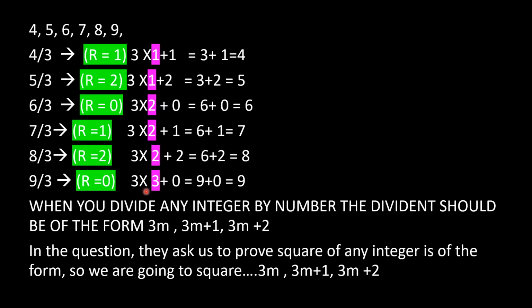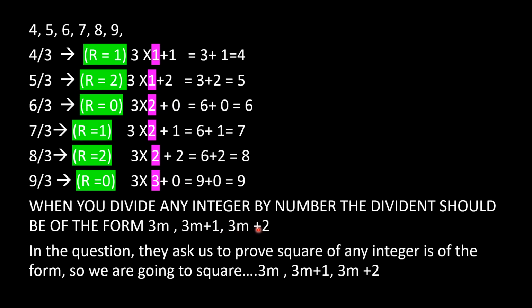9 by 3, 3 into 3 plus 0, that is equal to 9 plus 0, equal to 9. So you see, for 4 by 3, the remainder is 1, 5 remainder is 2, 6 remainder is 0. Again 7 remainder is 1, 8 remainder is 2, 9 remainder is 0. When you divide any integer by the number, the dividend should be of the form 3m or 3m plus 1